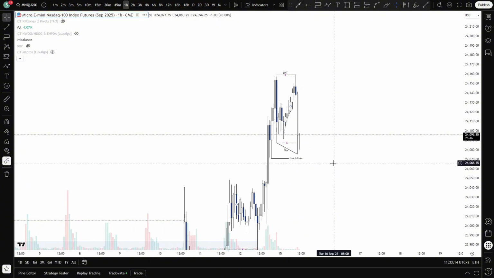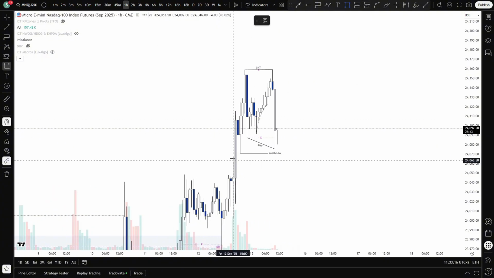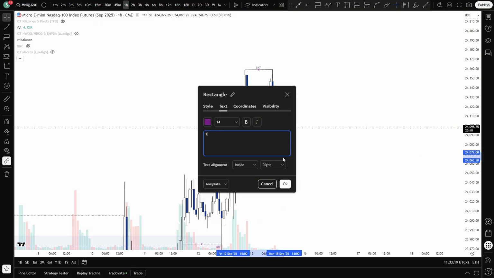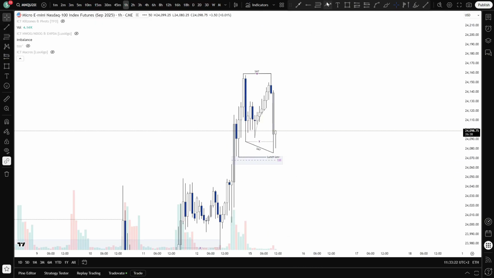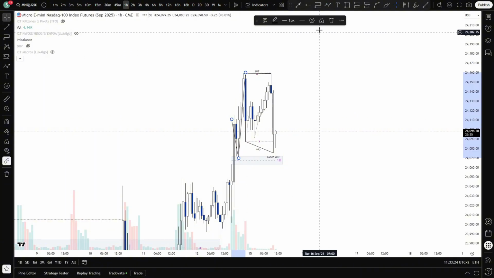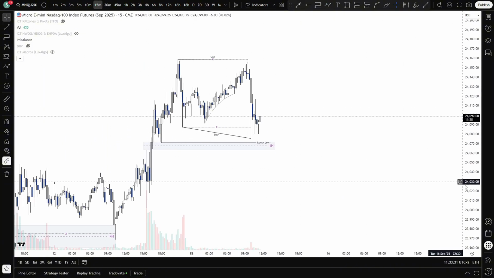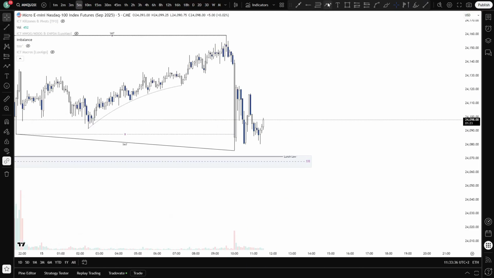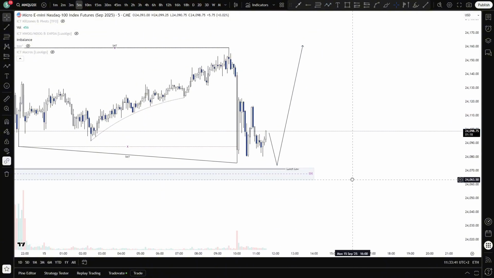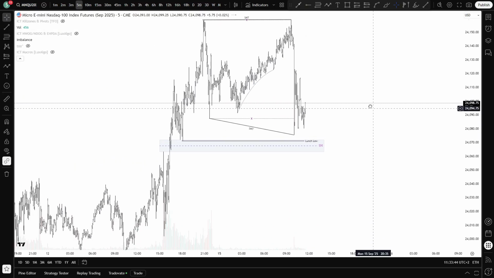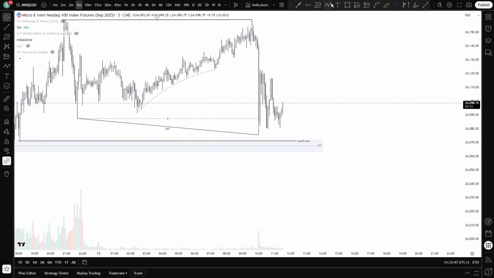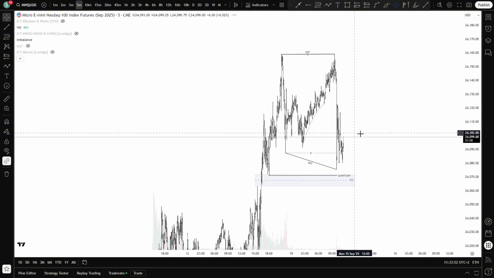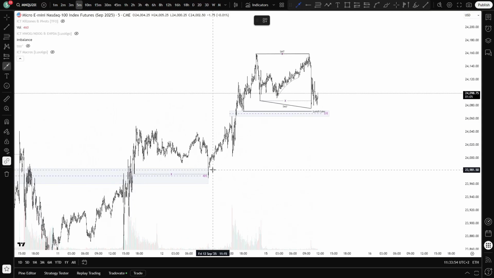What would be a nice scenario? We have a really nice 1 hour PD array here. We already tapped it once to create new all-time highs, and there's also still a nice low to take out. Do we have to take this out? No, definitely not. Can we just take out this compression low and trade back up from there? Absolutely. It is just a PD array that I want to point out, where we can look for support in combination with taking out a low to continue the overall bullish trend.